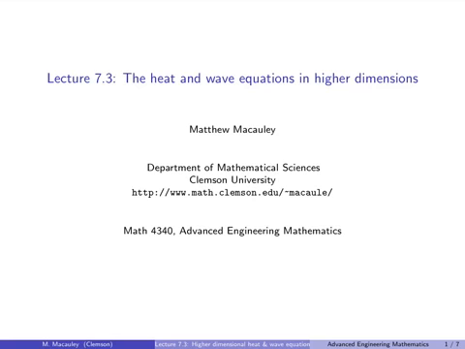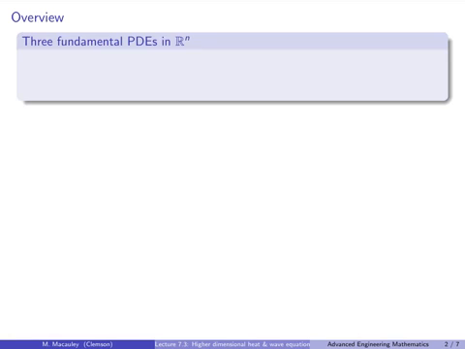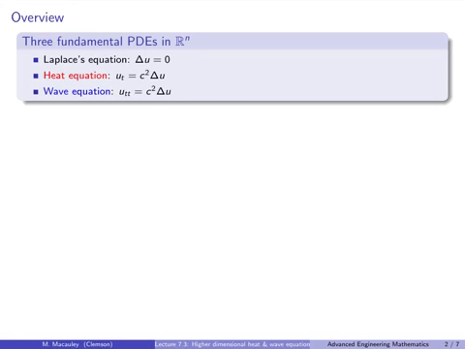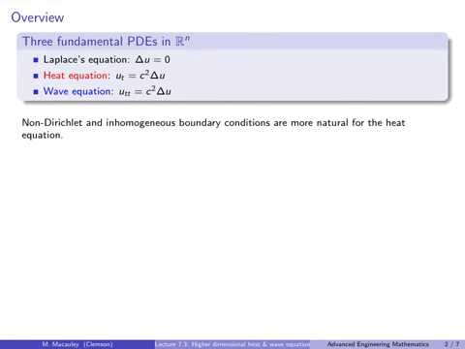Welcome to Lecture 7.3, the heat and wave equations in higher dimensions. There are three fundamental PDEs in R^n that we've seen. There's Laplace's equation, which is Laplacian of u equals 0. There's the heat equation, which is u_t equals c squared Laplacian u, and the wave equation, which is u_tt equals c squared Laplacian u. In this lecture, we will solve the heat and the wave equation subject to various boundary